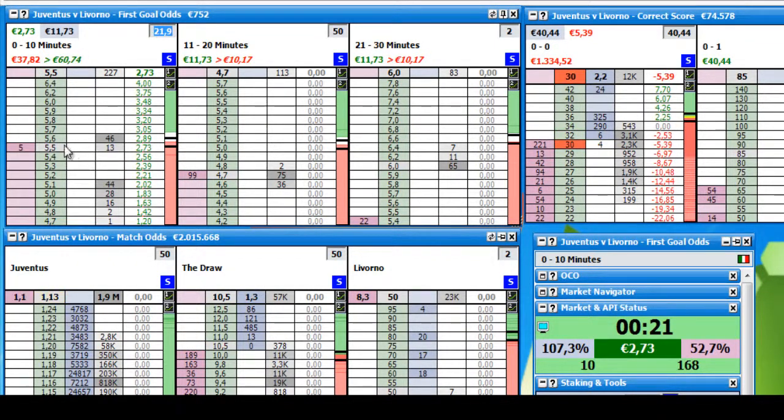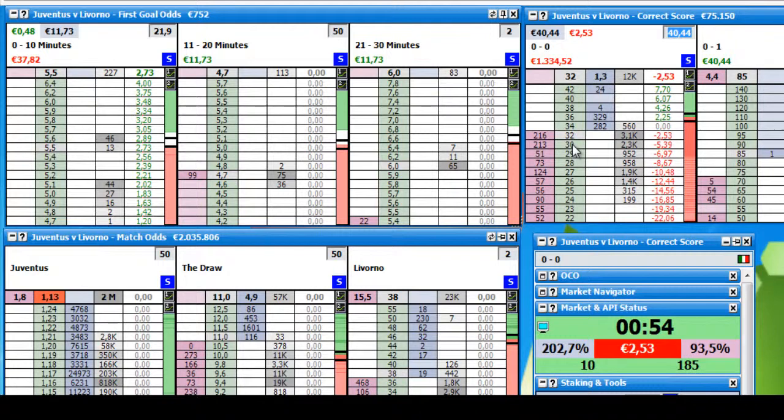Well, okay, so we are here at 5.5. Now, what I see here, we have a little problem with our liquidity. So our profit is only up to the odd of 27. This is not the perfect situation in this game, because we have too low liquidity here in the market. But I'm thinking that the odd will stay a long time at 32 and 30.